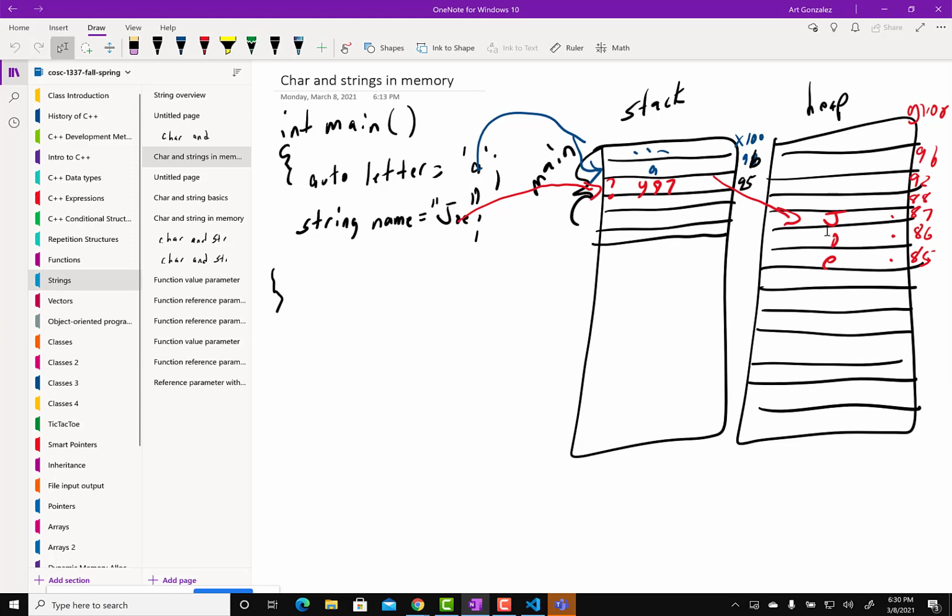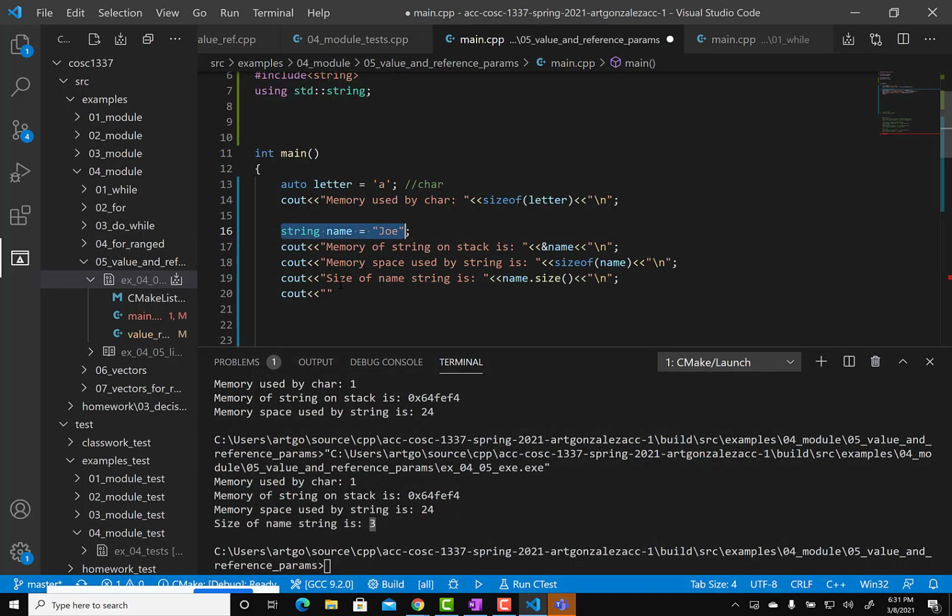And why is that important? When you create a string and then you want to copy a string to another string, or let me backtrack. If you create Joe and then you want to append Joe's last name, maybe a long last name like Rodriguez, then did C++ allocate enough character blocks, or 1 byte blocks, for Rodriguez? And if it doesn't, what does it do? Okay, so first, before we answer that question, what I will do is I'll say,